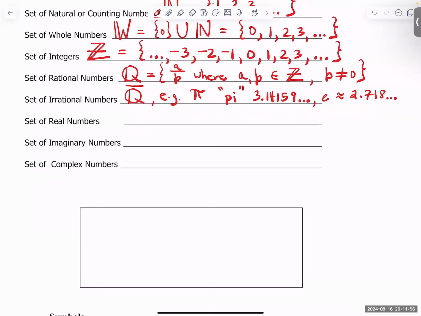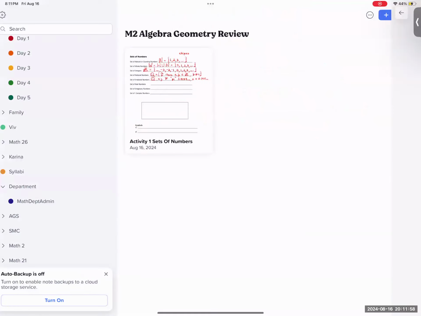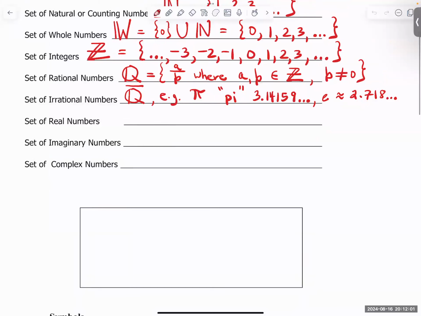The set of real numbers is represented by the set R, and it's all the ordinary numbers: whole numbers, fractions, decimals, repeating decimals, and is the union of the set of rationals together with the set of irrational numbers. So it's the union of rational numbers, union, irrationals,